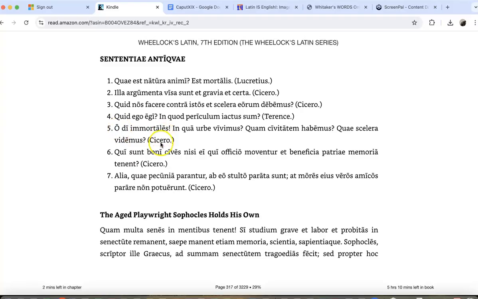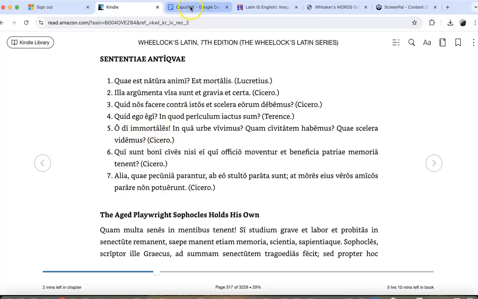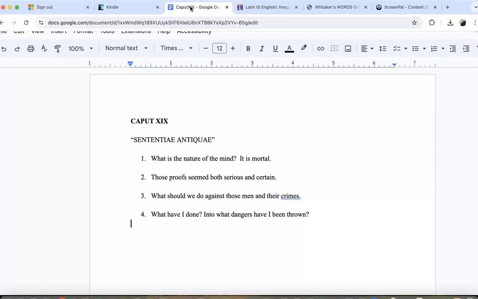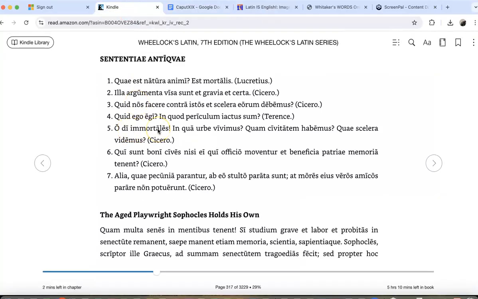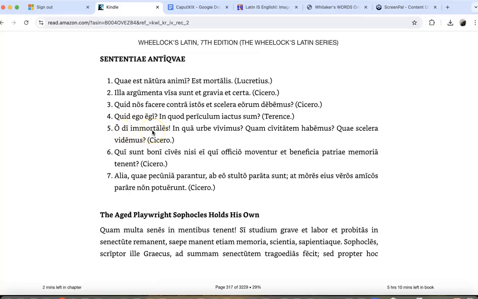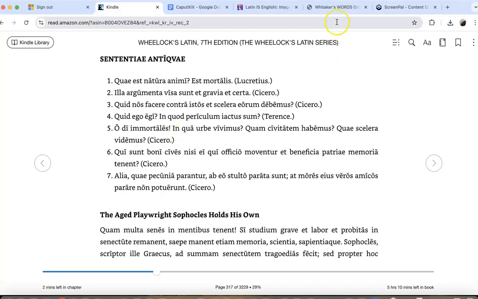Okay, moving on here to more Cicero: O di immortales, in qua urbe vivimus, quam civitatem habemus, quae scelera videmus. O immortal gods. Let me go ahead and write that down just to kind of keep that in place as we move forward. O immortal gods. That's just basically vocabulary. Latin, as you know, likes to put the adjective after the noun, so literally, O gods immortal, but O immortal gods. In qua, this is a relative pronoun going back to chapter 17,